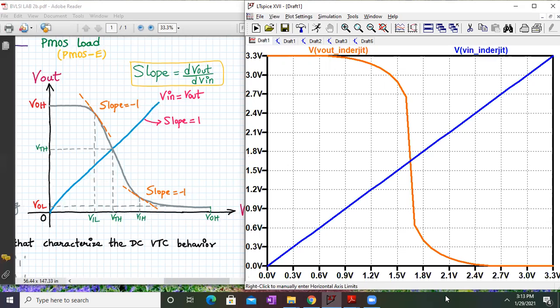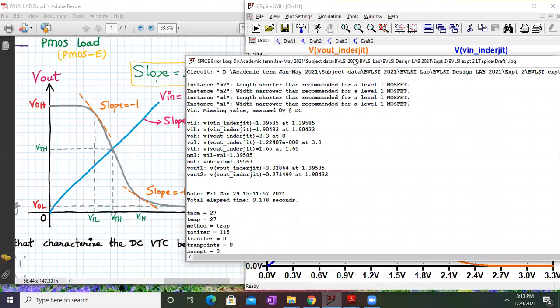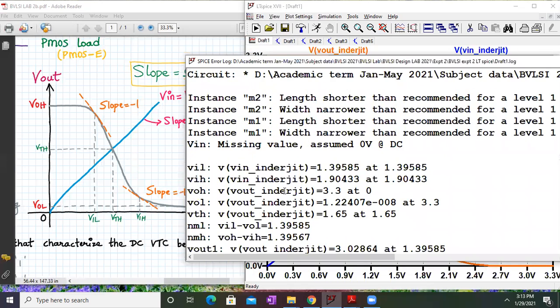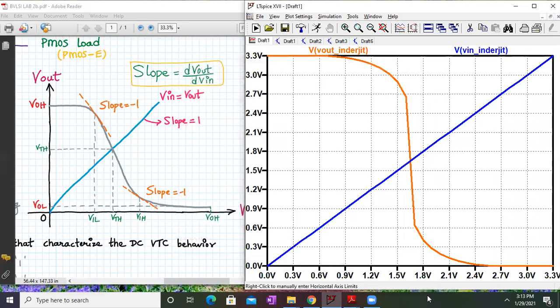I hope that you all will complete all the things in the Google document assigned to you. Take all the print screens, and also take print screens of the spice error log whenever you get the output. You can expand it like this and take the print screen. Fill out the observation table. That will be all for this lab.